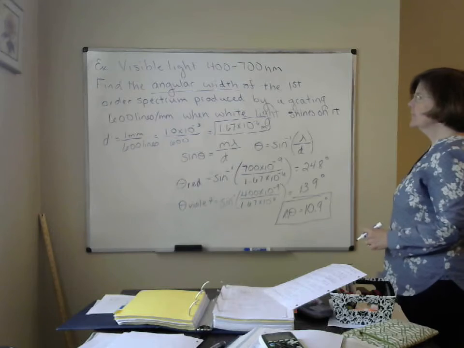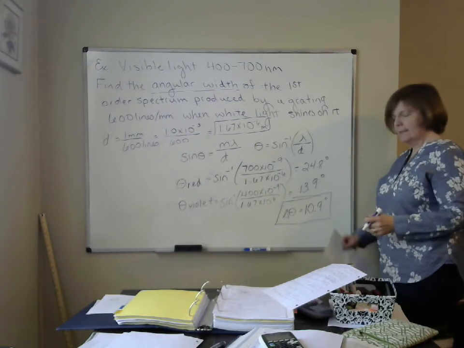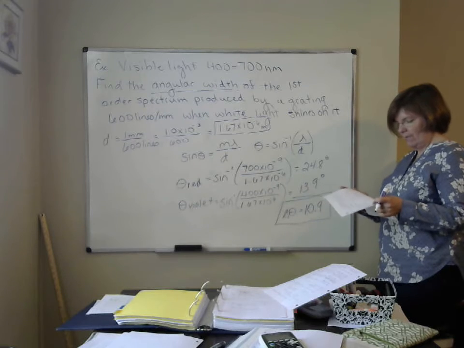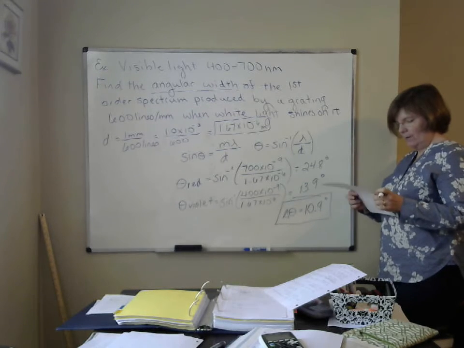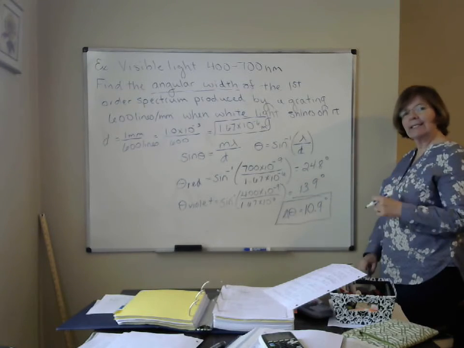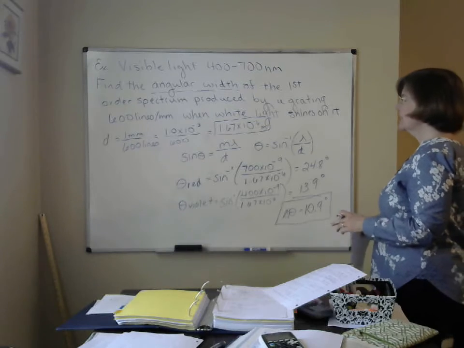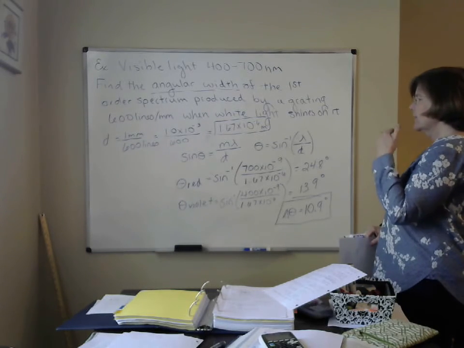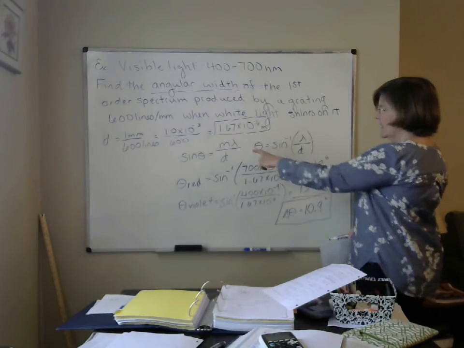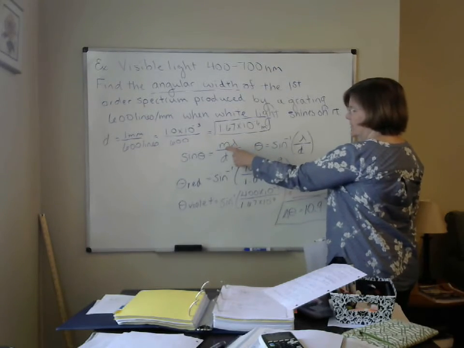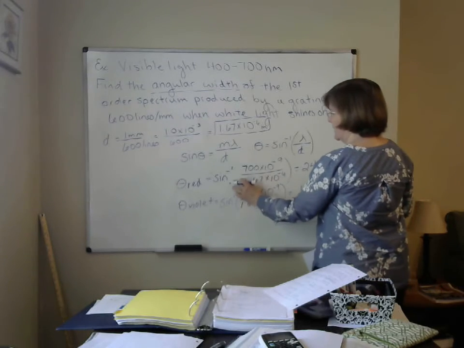Okay, so that's the first part of that example. There is a second part. The second part says, show that the violet end of the third order spectrum overlaps the red of the second order spectrum. So let's think about that. Let's find the location. If I want the second order for red, I'm going to have to put a 2 here, and that'll be the only difference. So if I put in that 2 there,